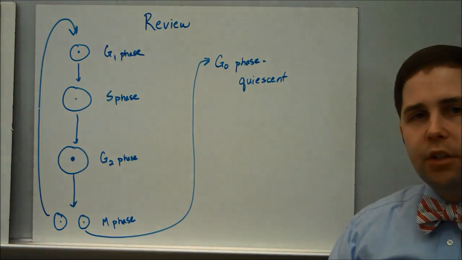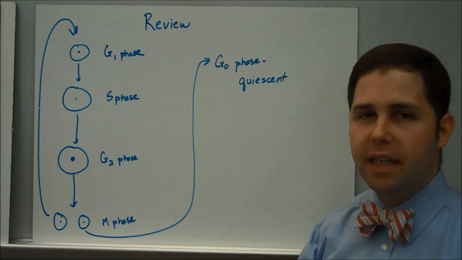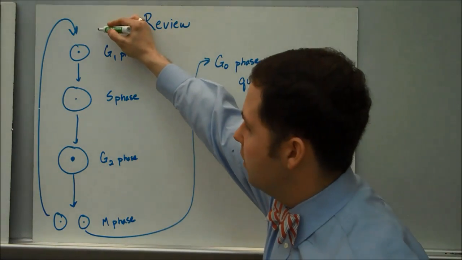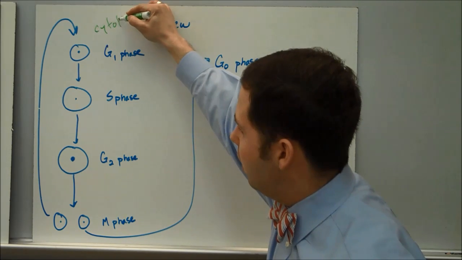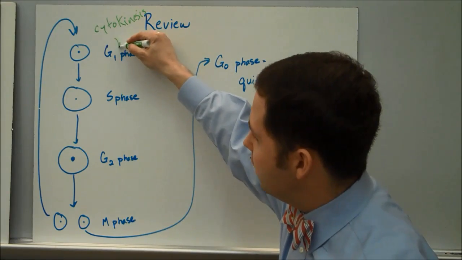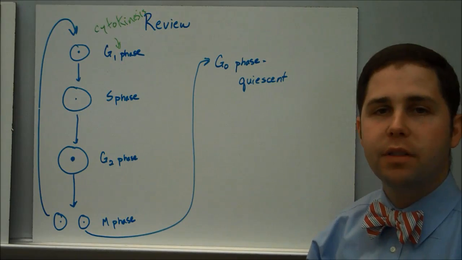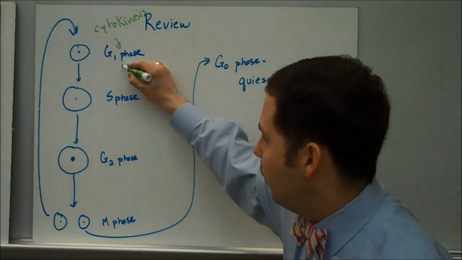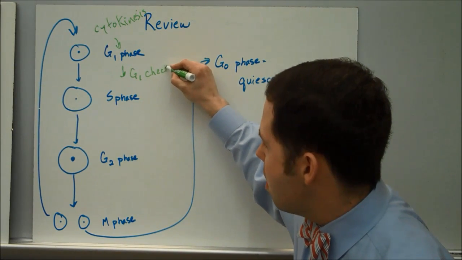So the last piece I want to do is just review once again what we talked about. When we talked about the cell cycle, we talked about a couple phases, starting with cytokinesis here, where we had a brand new daughter cell. We first go into G1 phase, and G1 phase is where the organelles duplicate and the cell grows a little bit. Once we get through the G1 phase and we meet all the requirements of the G1 checkpoint,